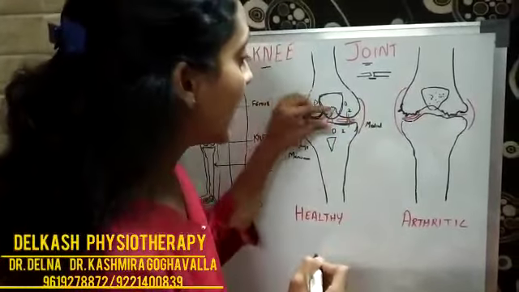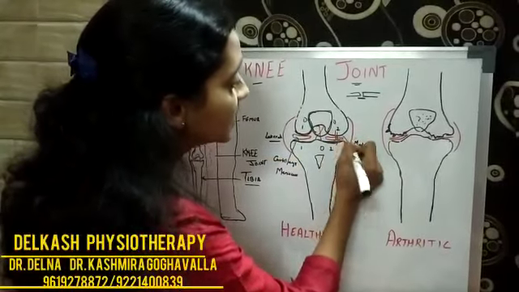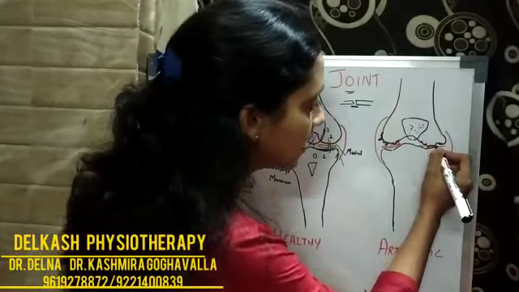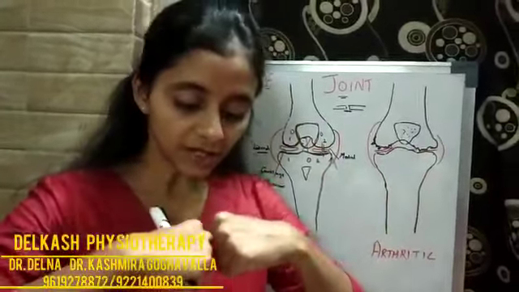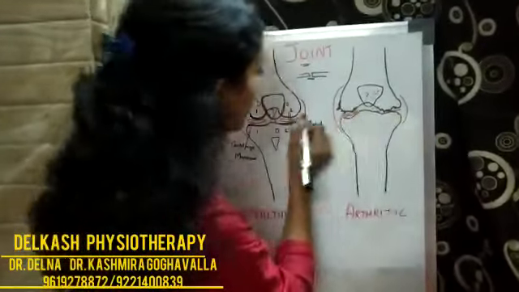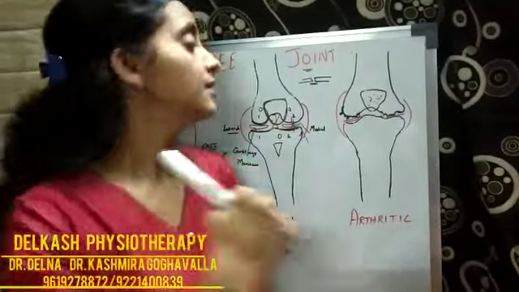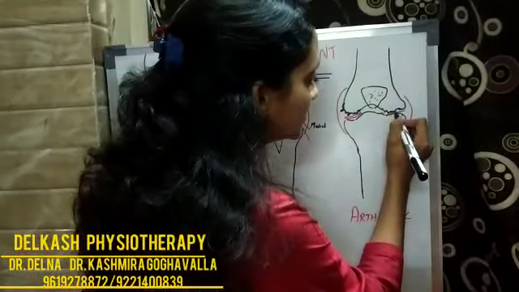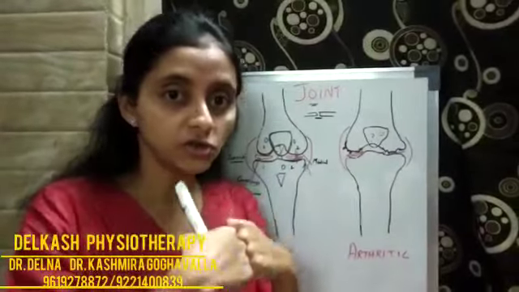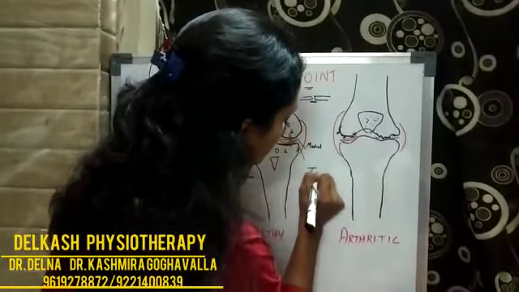What happens is the cartilage and the meniscus, which are in the center, start getting thinned out. Now when they start getting thinned out, they were the cushioning, right? So this cushioning is now going off, and this causes the bony surfaces to rub against each other. So there is this friction of the bony surfaces and there is this pressure on these soft tissues. So both of them together cause an inflammation.